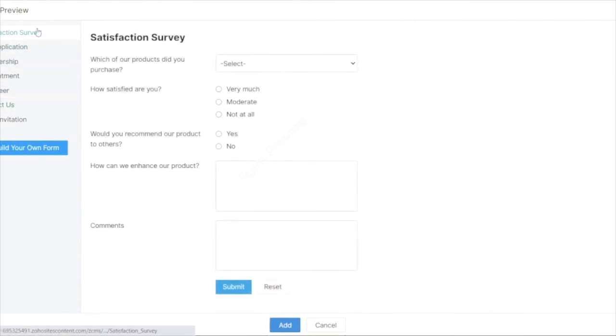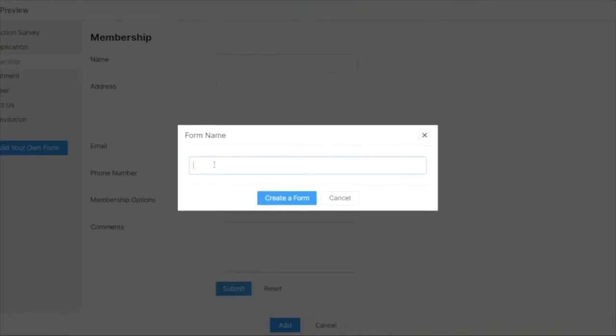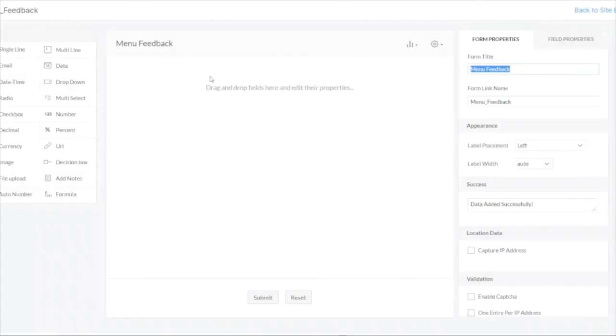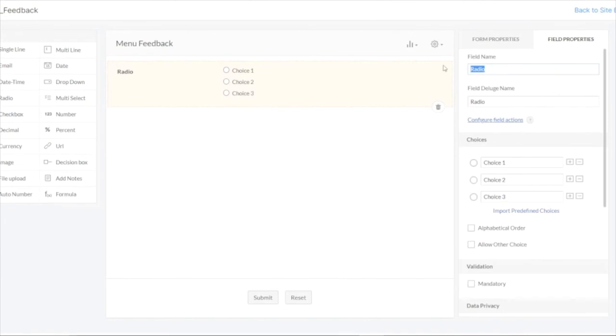So here you can build your own form. In this particular case, we're just going to go ahead and try and build one from scratch. Once you start, you have to enter a form name and drag and drop a few elements. So I have picked a couple of elements, one of them is the radio button element. The next one that I'm going to pick is the email element. As you can see, I just have to drag and drop them. And then the third element that I'm picking is a drop down element.